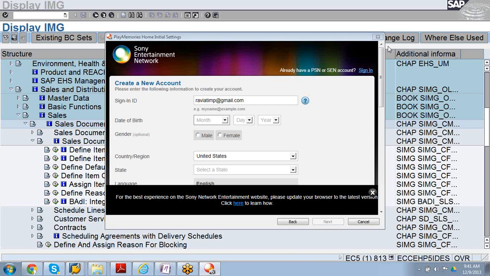In general control, there was automatic batch determination, rounding permit. Do we have to remember these things also? I did not get you. In item category, there is a tab called general control, in which we have automatic batch determination. Do we have to remember these things also? No need. Those tabs you don't need to remember.